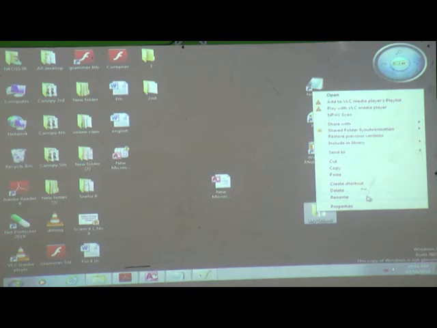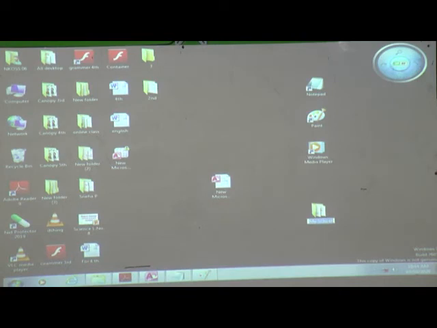Then click the left button on rename. You can see here now the rename option is there. Now we will type the name Rohan. Got it? How to rename a file.